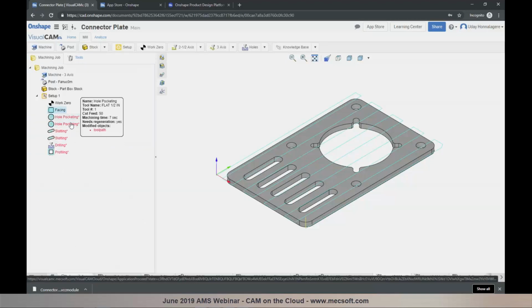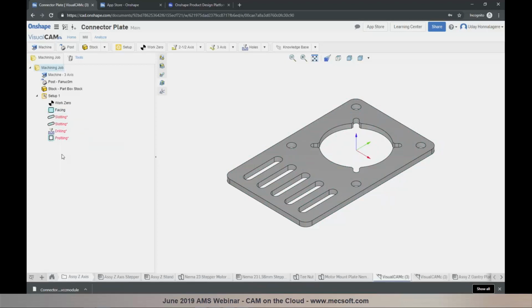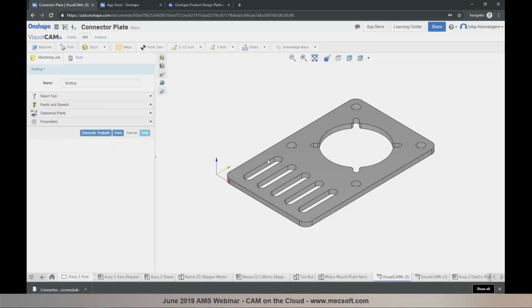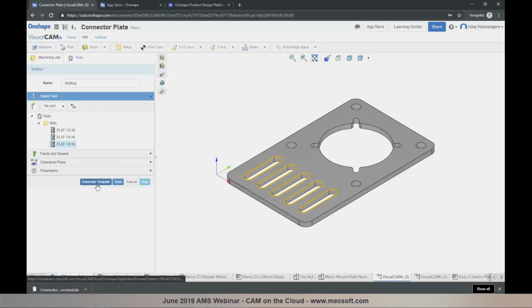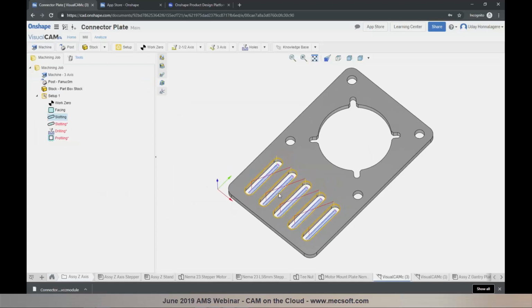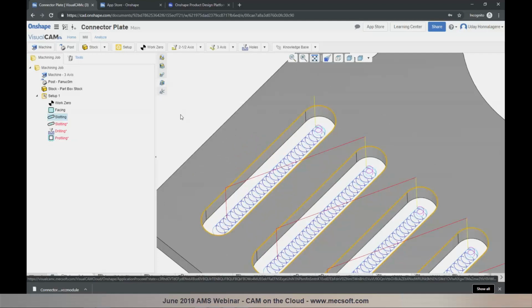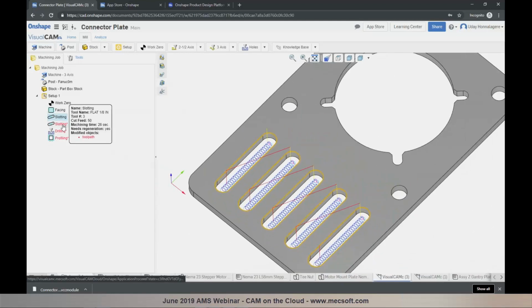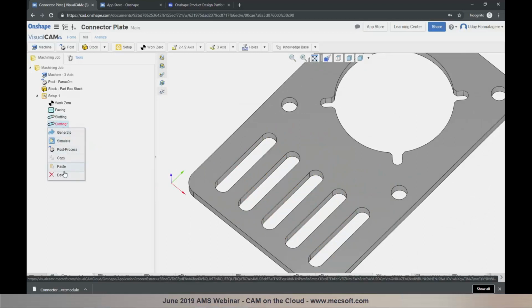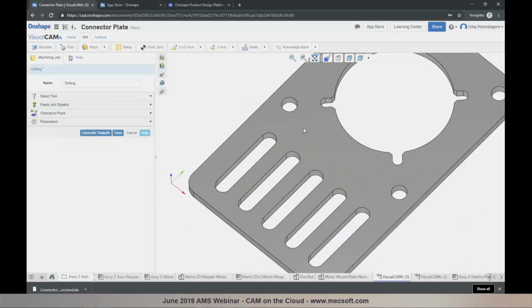Now I don't want to use any of the hole pocketing operations on this particular part. I'm going to select these two, right click and do a delete to remove it. I'll edit the slotting operations in here and just basically chain each of the selections. Right click on an edge will chain the selections. Pick a tool for the slotting, generate. So the slotting toolpath has been generated. You can toggle the visibility of your toolpaths, the coordinate system, all of the controls can be found right in the browser. I'm going to get rid of the second slotting operation, and then we'll apply the drilling operations in here. I can just go pick the holes for drilling,